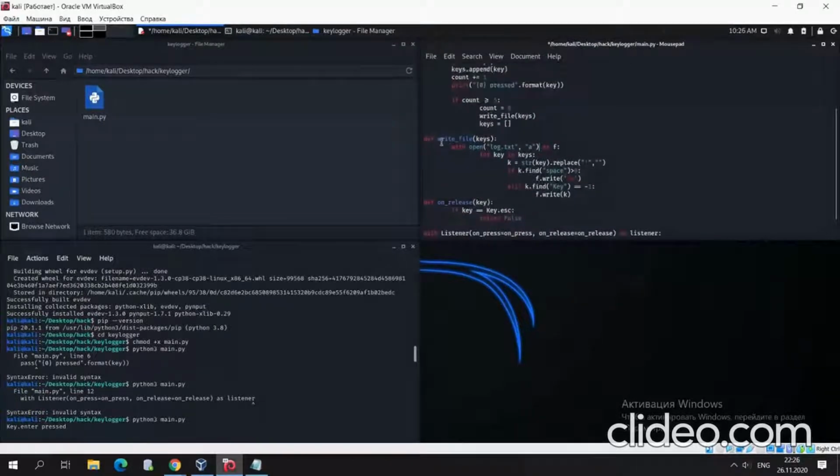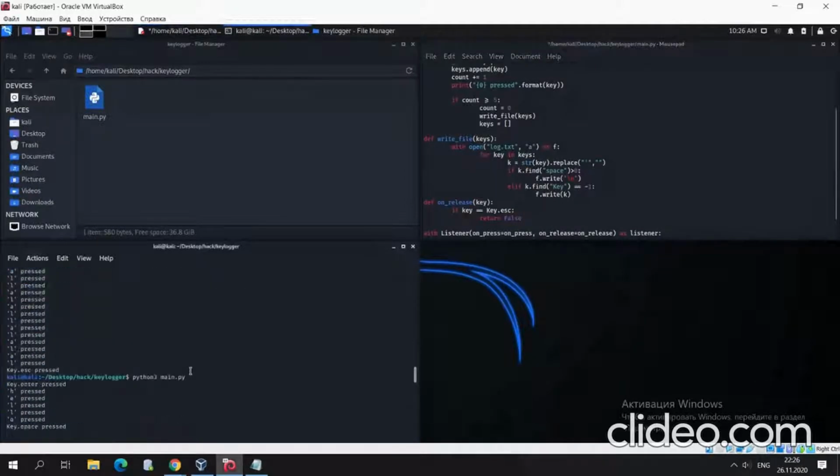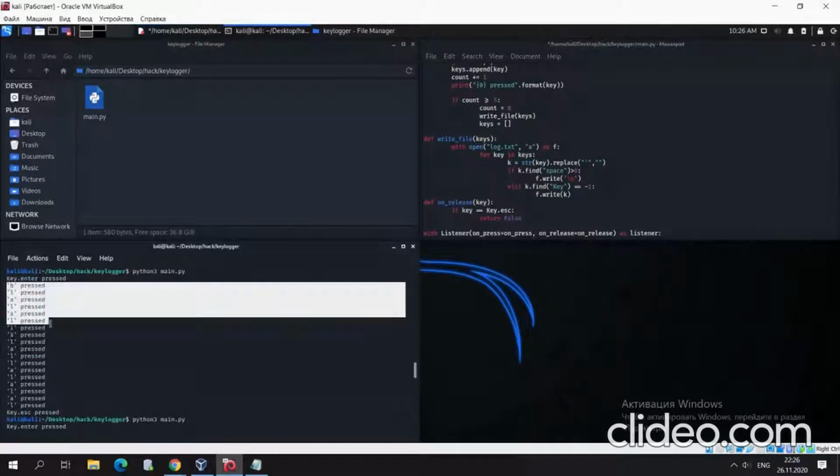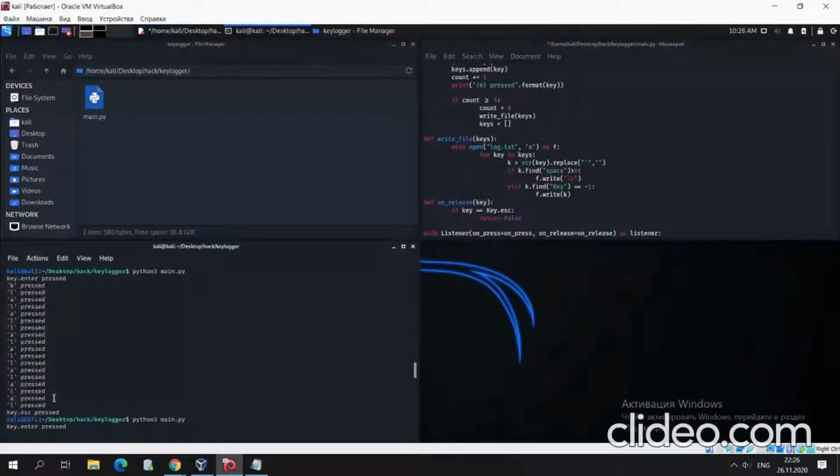So why do we need write file and what does it do? It creates a log file, or if it exists, it will append. For the first time, we can just write W for write. Yep. But A is okay. So actually, it will work that way, and it will write all the things that we have typed in such a manner as in